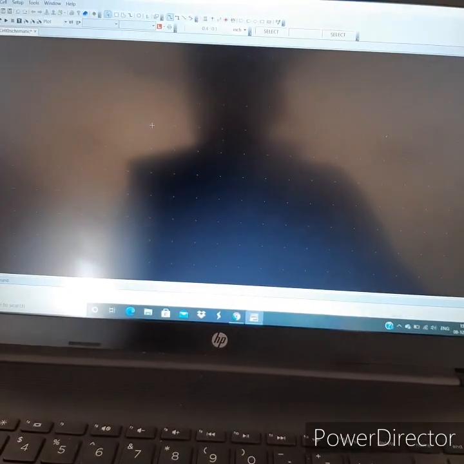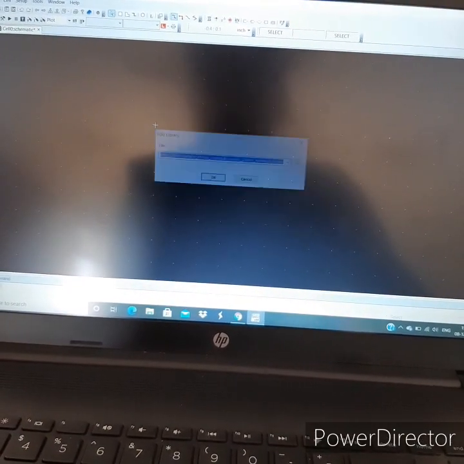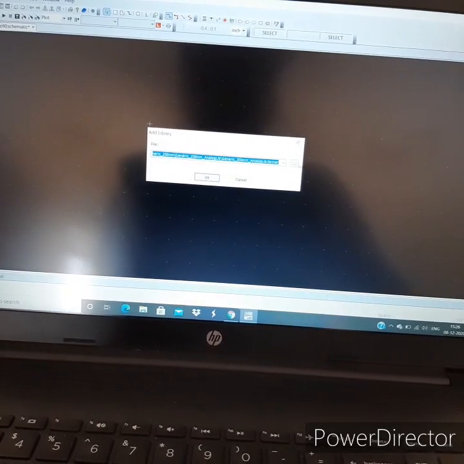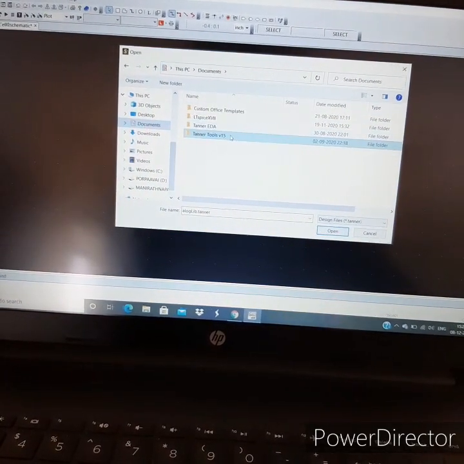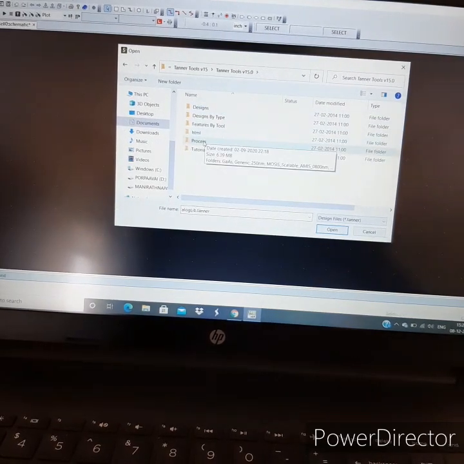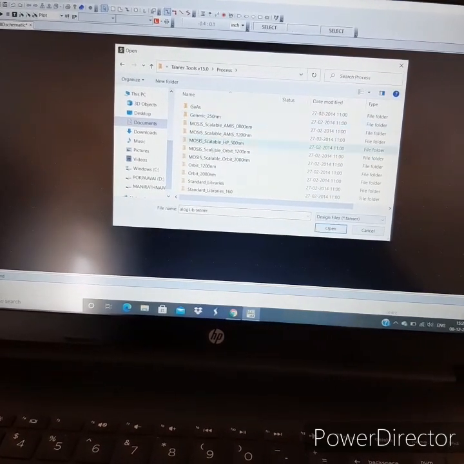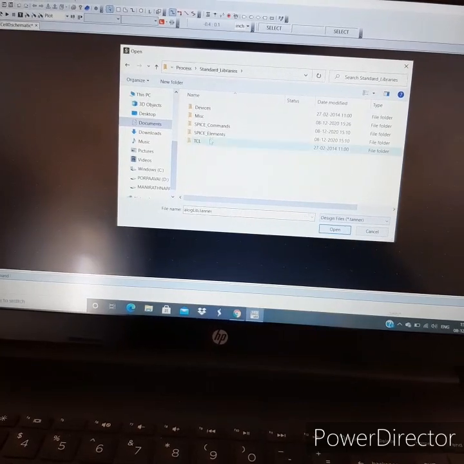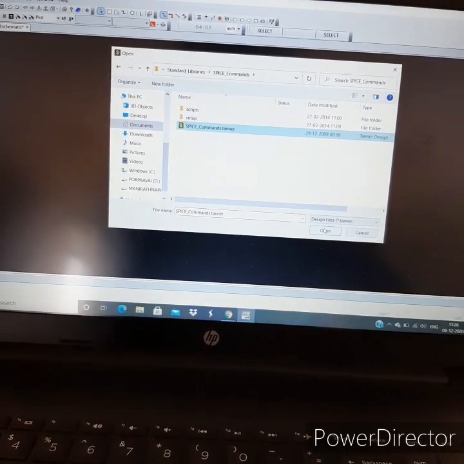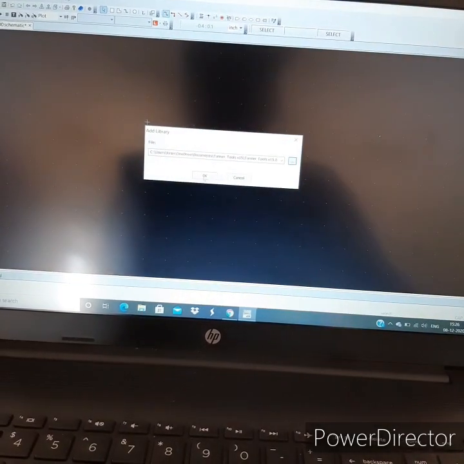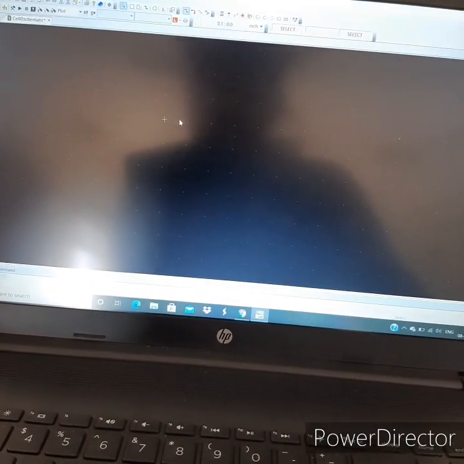Click Open and OK. Again we have to add some more documents: Documents, Tanner Tools, Process, and Standard Libraries, click SPICE commands and SPICE commands standard, Open, click OK.